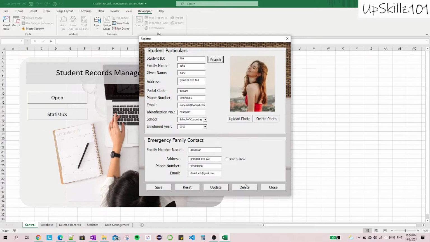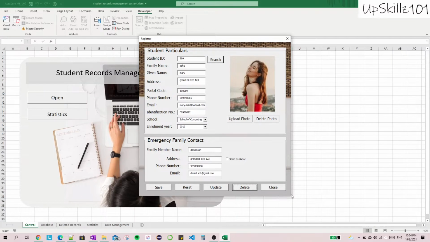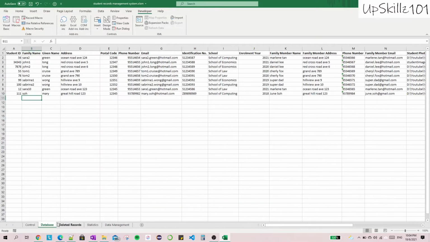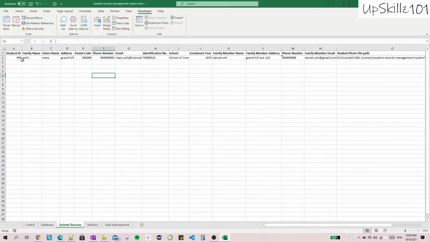So let's say I want to try to delete the record. So when I press delete, pop-up message says deletion complete, record moved to deleted records sheet. Okay. When I click close, first when I check the database sheet, alright, the last record is gone. And when I check the deleted records, as you can see, the record that we've just deleted has shifted to